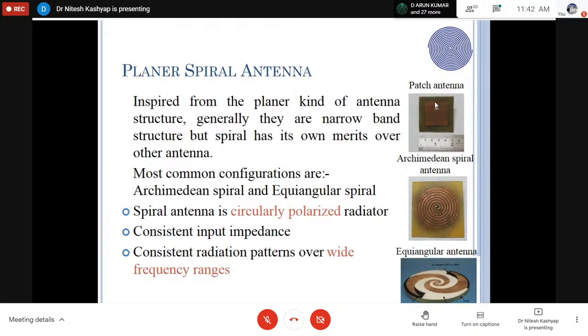I mean, gradually if we increase the dimension of the patch antenna. But in case of a spiral antenna, it is consistent in the frequency range, and similarly it is consistent in the input impedance range. However, the input impedance is very high for the spiral antenna, because the spiral antenna is a self-complementary antenna. And if you have heard about Wegener's principle, so that